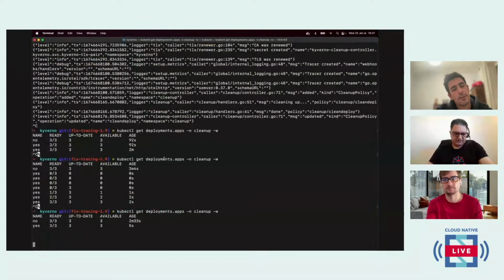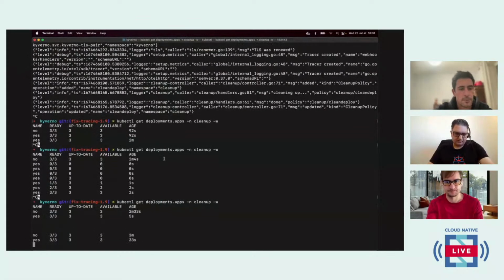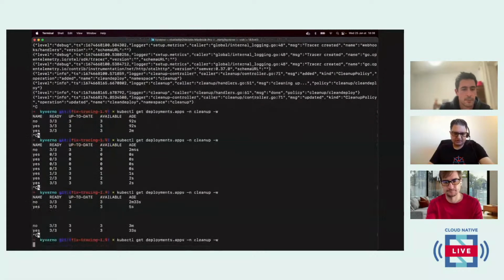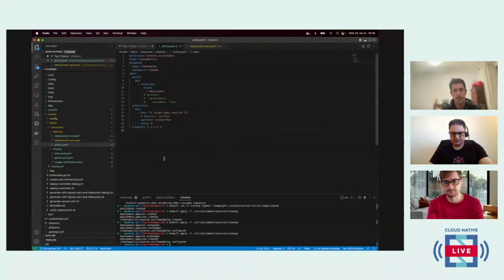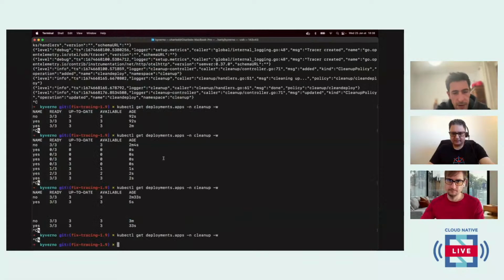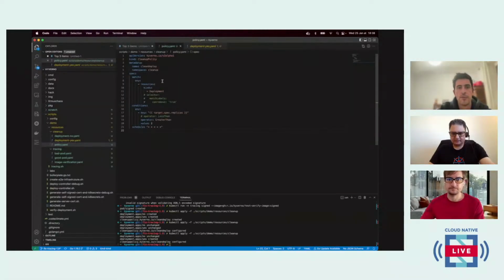Yeah, so some of the use cases for this is to configure even time-based leases or some garbage collection for resources in the cluster, things like that, right? So some interesting possibilities. Definitely. So both deployments were deleted because we removed most of the constraints in the policy. Of course, we probably don't want to do that in a real cluster, but at least for demonstration purposes,